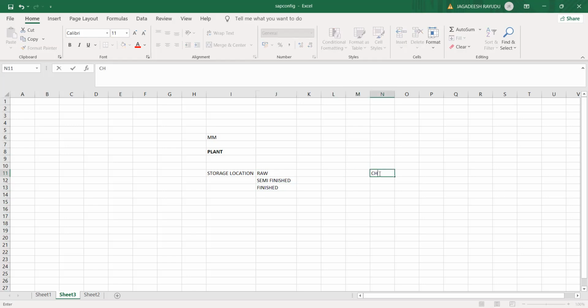So for making chocolate, you require chocolate powder, milk, sugar, water, and other ingredients, whatever you have. All these are raw materials for a chocolate manufacturing company. When you buy these materials from different vendors, they can be stored in your raw material storage location. In a similar way, if you are going to manufacture a certain product, on the manufacturing side, certain